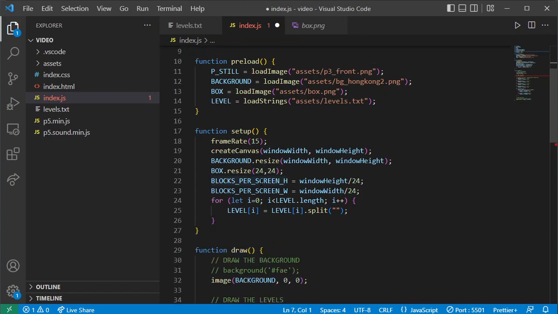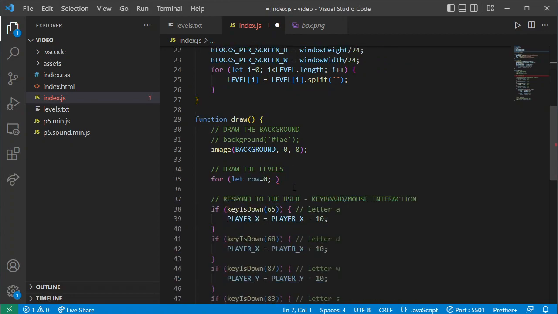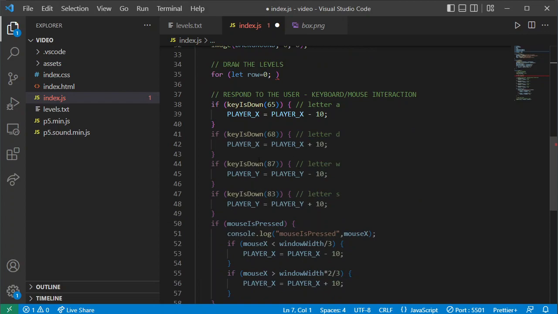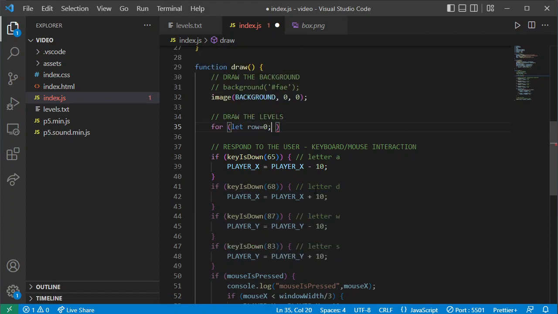The reason I'm doing this as a variable is so that if I decide to use different sizes instead of the 24, I only need to update them in one place of code. If I embed them into all my calculations further on, then I'm going to have to remember all the different places where I use 24 and the significance of each one. And so that kind of introduces bugs. But by saving it as a variable, I've got it there as a single value that I can just look up and refer to. So I'm going to go from row 0,